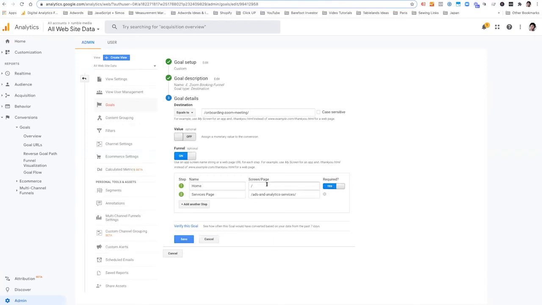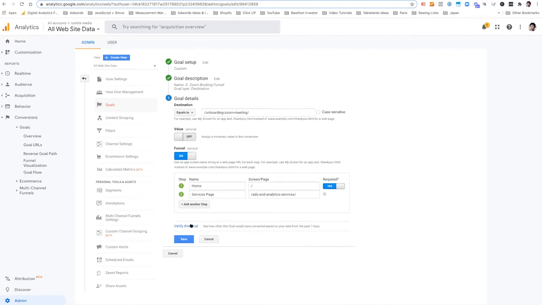Now, I'm choosing my home page as my required funnel, and what I would do, especially if you've got a lot of data, is you can actually do this before you set and forget. You want to make sure that once you've built out the pages and the steps, this being the first step, that being the second step, and this being the final step, like when they go to that page meeting, then you want to verify the goal.